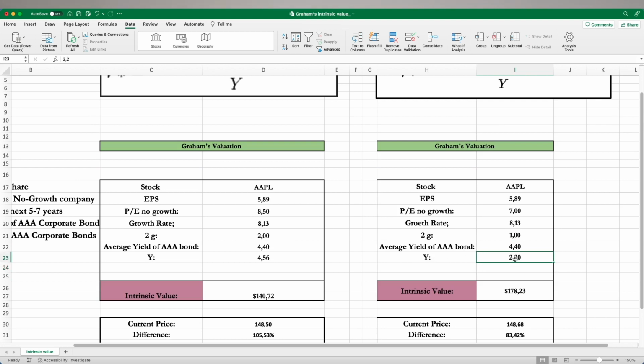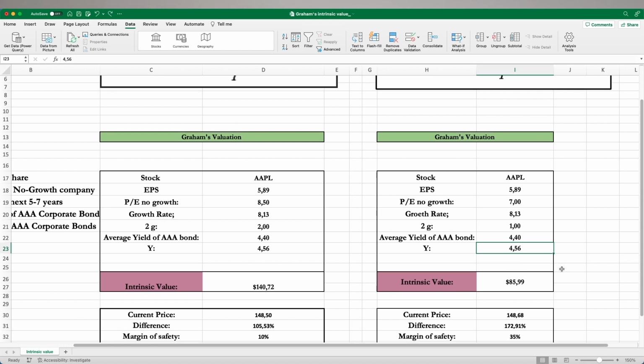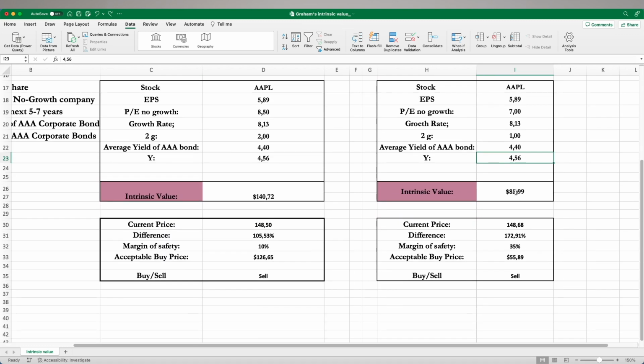Currently, because of inflation and everything happening around the stock market, people are buying bonds instead of stocks. This yield is sitting at 4.56, which means the return on investment from stocks would be much lower compared to bonds. That's why people have been investing a lot in bonds, and the price of stocks has been going lower in the last two years. So now the intrinsic value has changed to $85, and the current value is sitting at